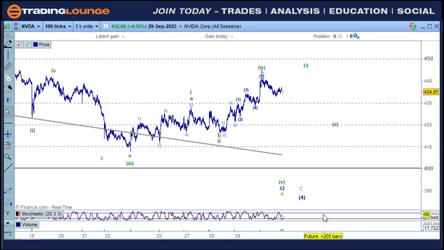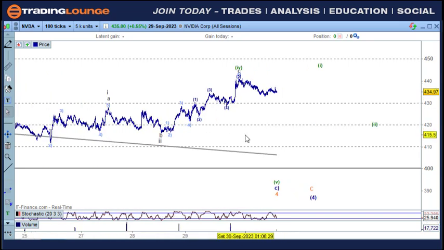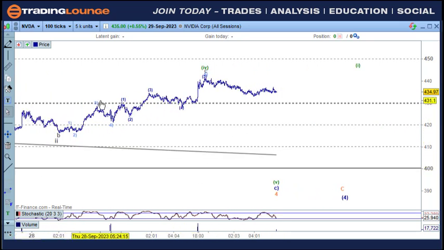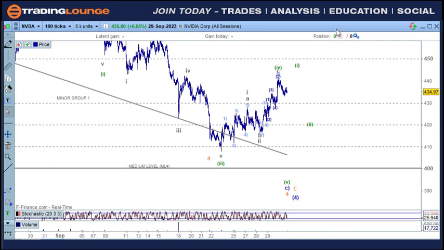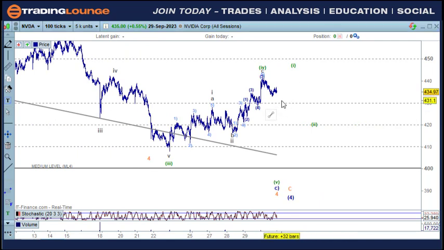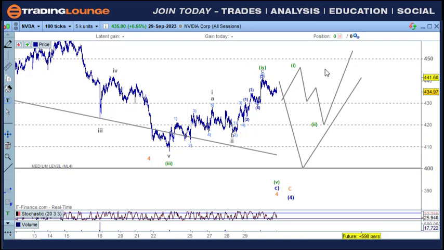We're not there yet with it, so I'll see if we get another high here as well, because it's not the best 1, 2, 3, 4, 5 here for the A wave, the B wave, and the C wave that we're looking for, with 1 and 2, 3, 4, 1, 2, 3, 4, 1, 2, 3, 4, 5. So it's a nice fit here. If we do get another high here, this will be the pattern to go in. I don't have the 5 waves up here just yet, but we'll just see how this plays out. Otherwise it's just going to come down to here and then go up, so we won't get trapped in